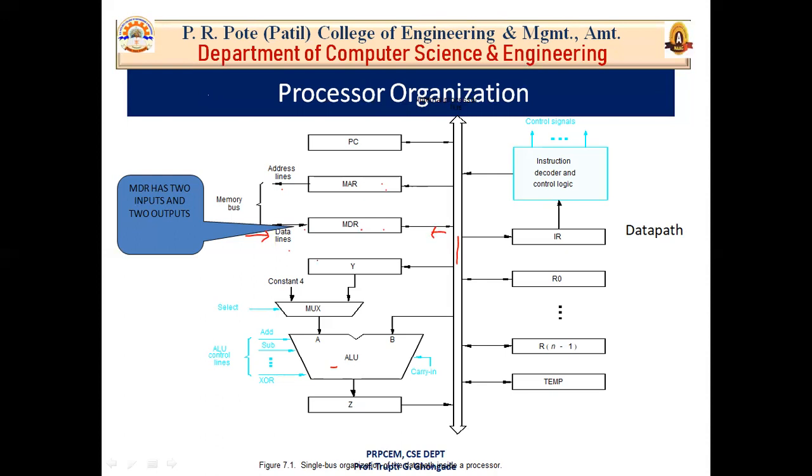Now how does it perform? For example, we have to perform the addition of A and B. Both the operands A and B are stored somewhere in your memory. So first we have to fetch A and B into the arithmetic and logic unit. That means here we are loading data from memory to the MDR by using this data line. And after performing this addition, we have to store the result of this addition, that is A plus B equals C, into the memory again.